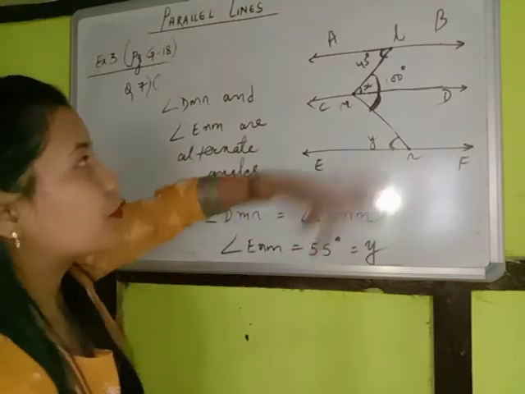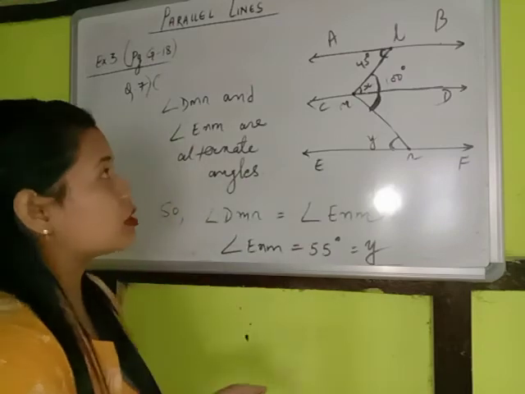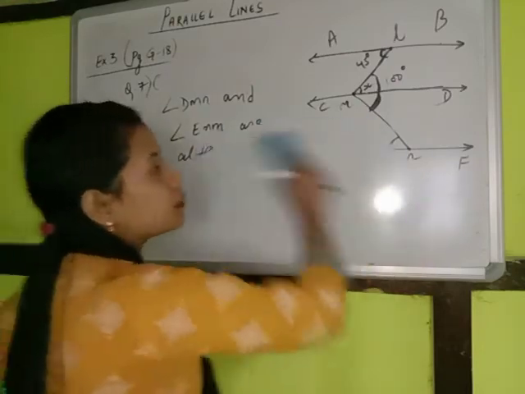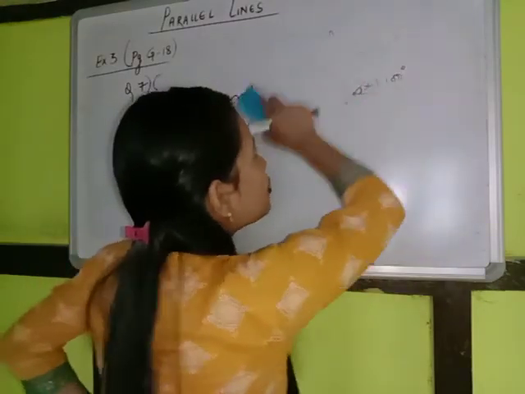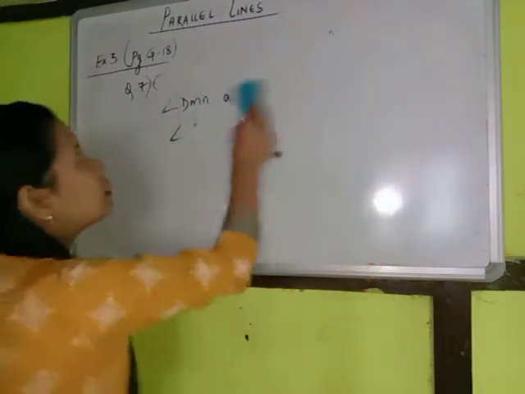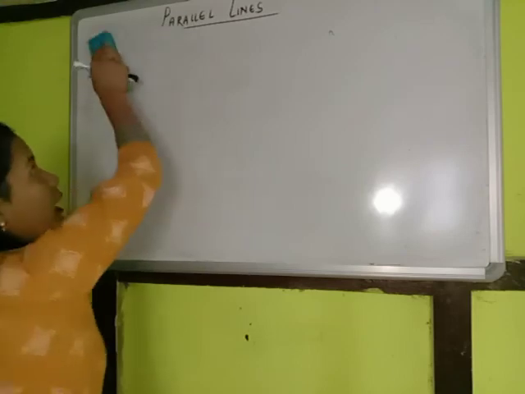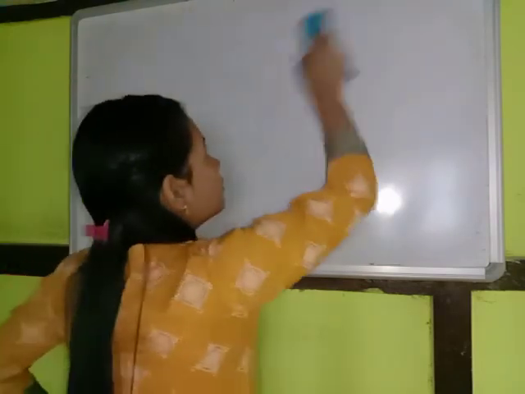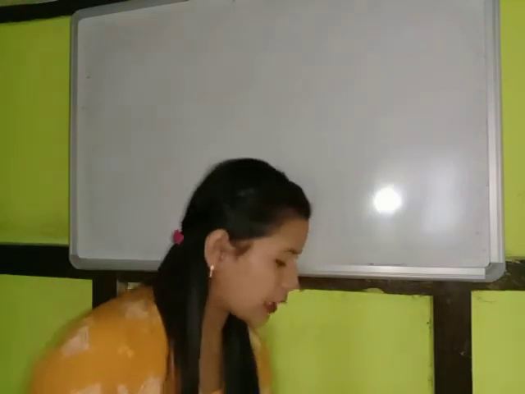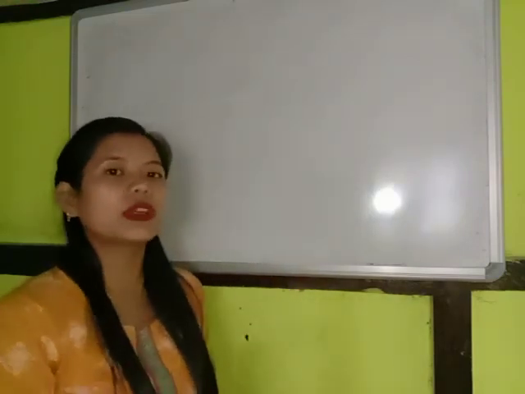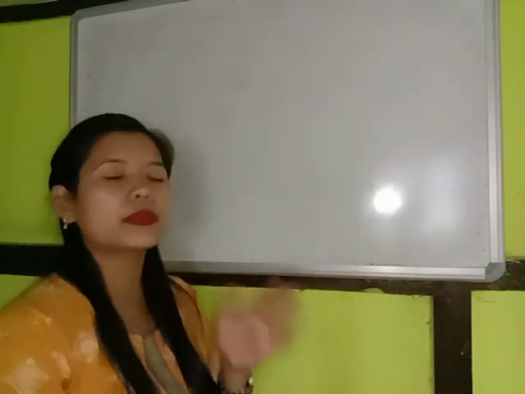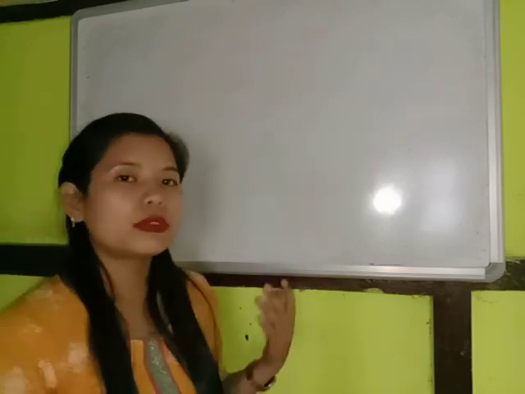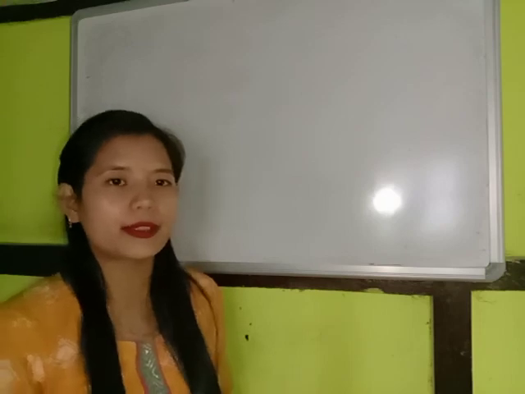So children, you have to use your presence of mind a lot, okay? So this is how we do question number 7. And with this, I'd like to conclude the chapter parallel lines. I hope most of the things are clear. And if you solve more questions from the exercise, the concept will be more clear and more permanently printed in your mind, okay? So I expect all of you to try questions from your exercise, okay?